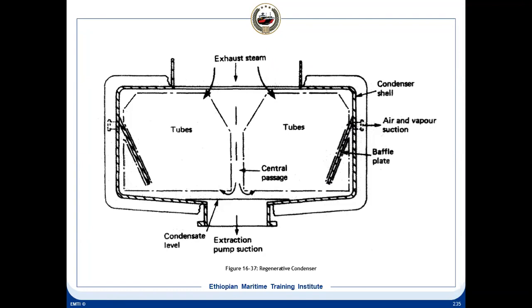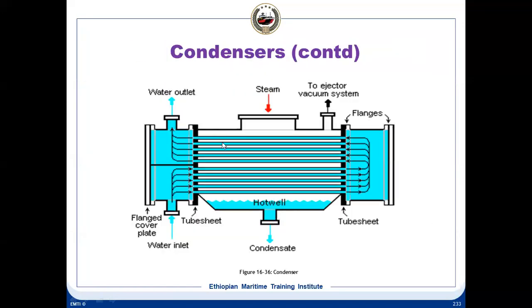By cooling the air, its volume is reduced, and air ejectors are made more effective. At both ends, each tube is located in a tube plate. That means these tubes, as we had seen in this diagram, each tube is located in a tube plate or a tube sheet, as it is called in this diagram, usually made of rolled naval brass